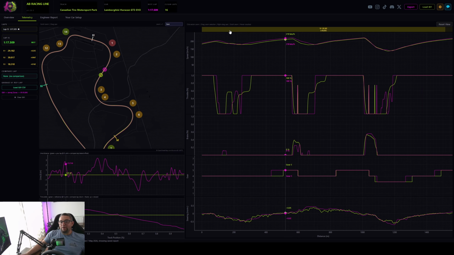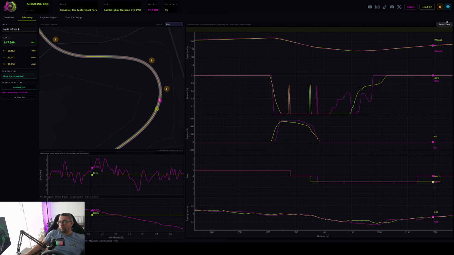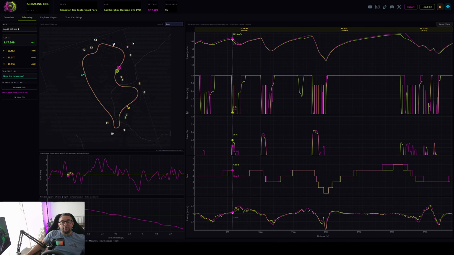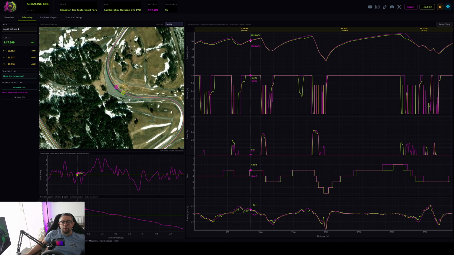You can go by a sector. You zoom in into the sectors. You know how this works. You wanna zoom in into a specific area of your lap? There you go. Zoom in. It does that. The most important part is the map, right? You get this normal dark map, which looks awesome. But you can also go into the satellite view, right? The satellite view is more important, especially if you want to look into